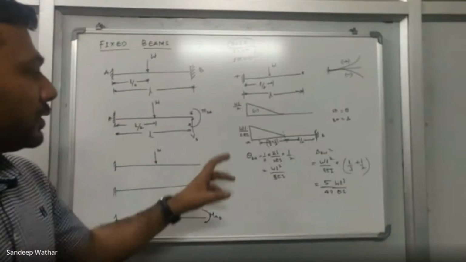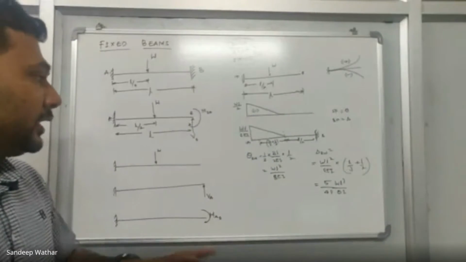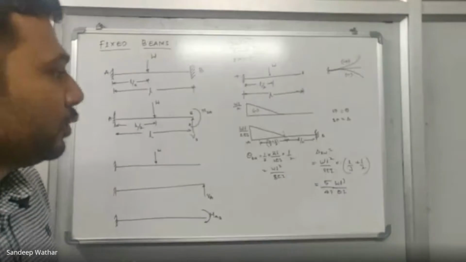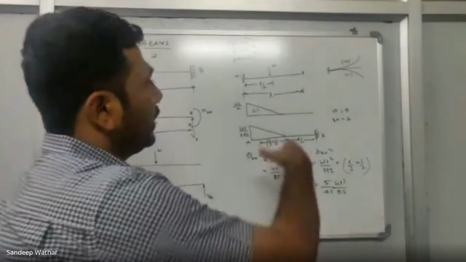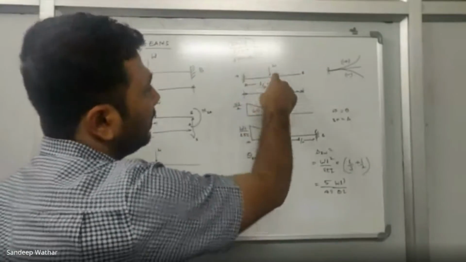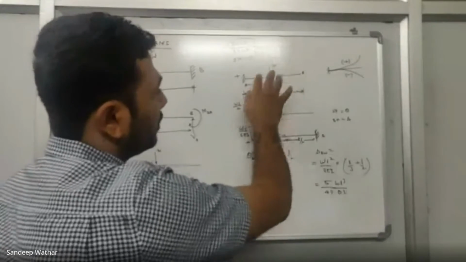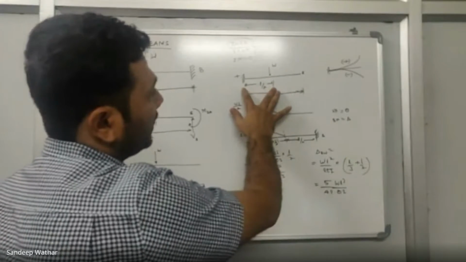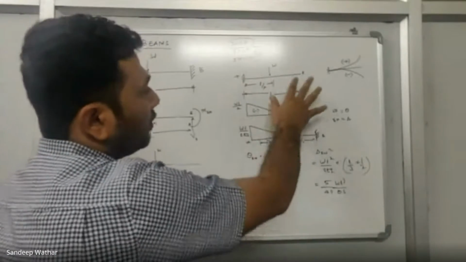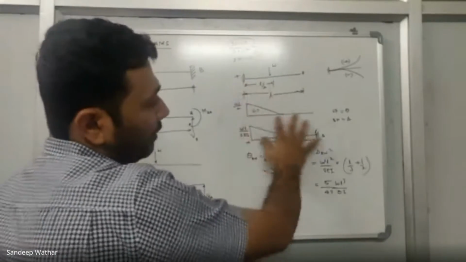Now we have solved slope and deflections. I'll explain again how I solve the slope and deflection. The first thing you need to do in the conjugate beam method is take whichever structure you have. If it is a cantilever, as in this case, we have a load here equal to W. We know the distance of that W with respect to A, and we know the length of the beam, everything. From this, we first draw the bending moment diagram.